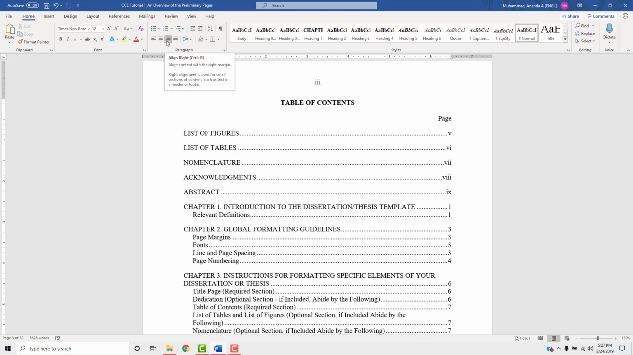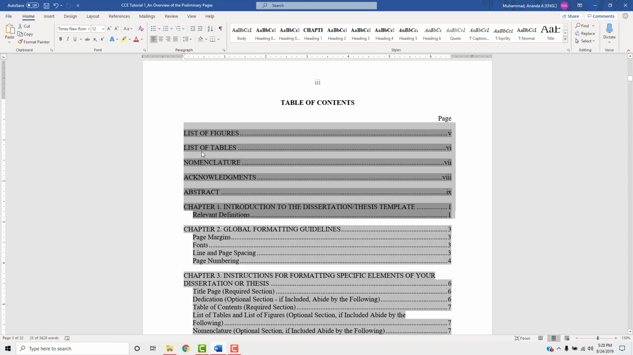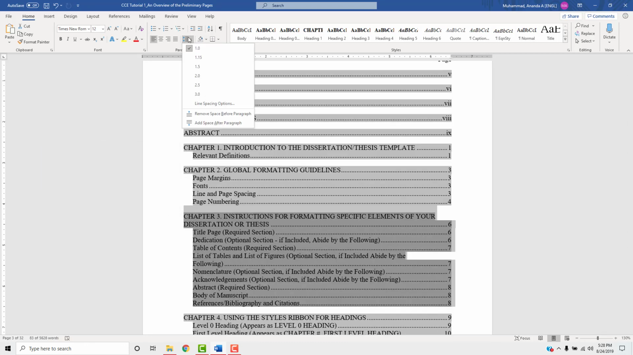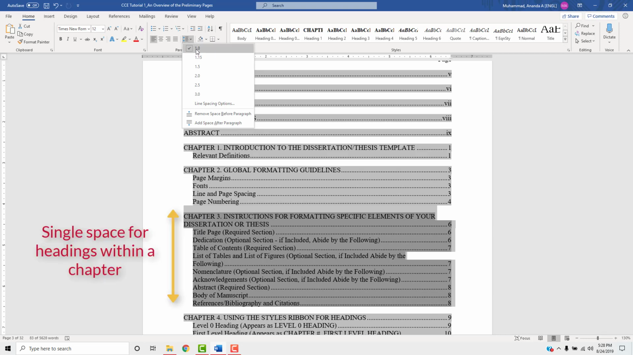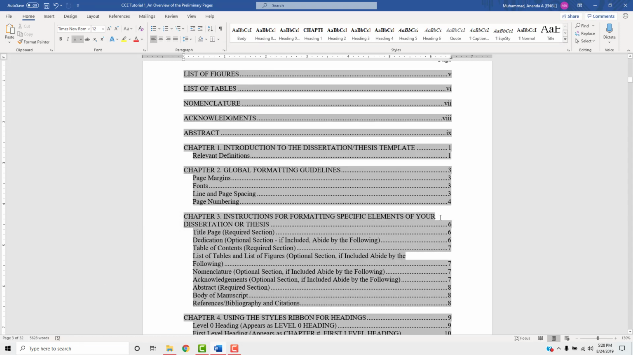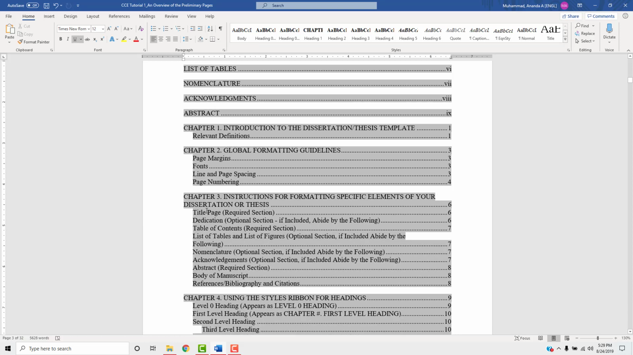The word page should appear right justified. The spacing in between entries should be double-spaced, and the entries within a chapter should be single-spaced. 2 important things to know. Long heading titles should not run into the page column number, and if you have too many subheading levels, you